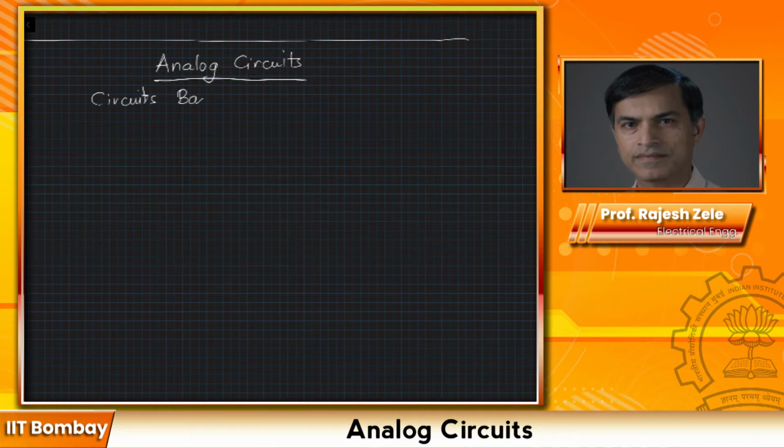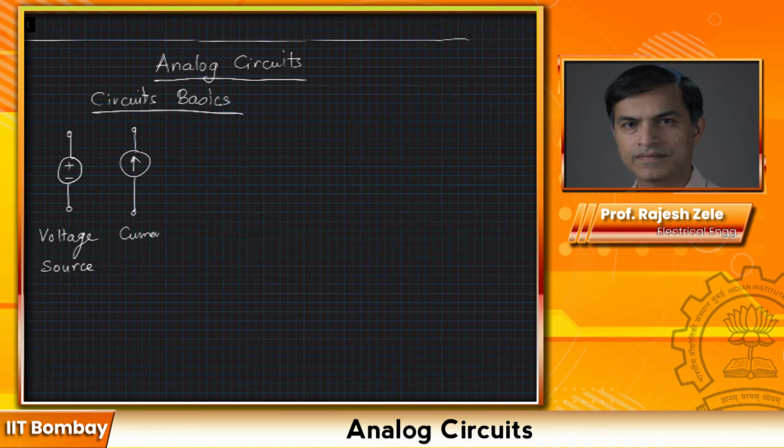In this we will begin with an introduction to the different circuit elements we are going to play with in this class. I'm sure all of you know these elements, you've used them. This is called a voltage source, DC voltage source. This is a current source, again a DC current source. Then you're familiar with this element, resistor, then the two parallel plates, capacitor and